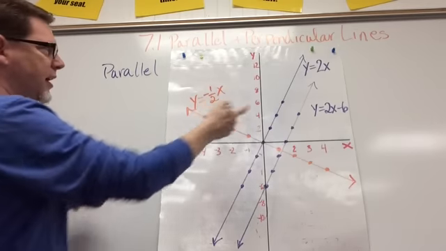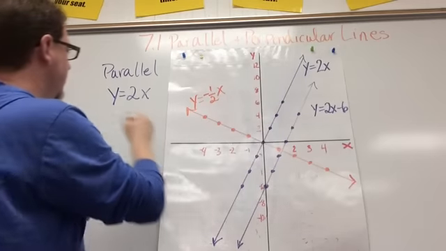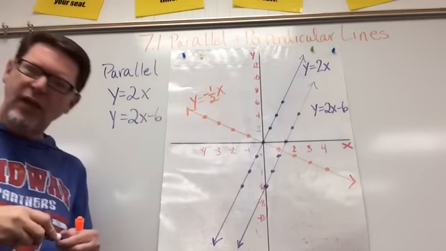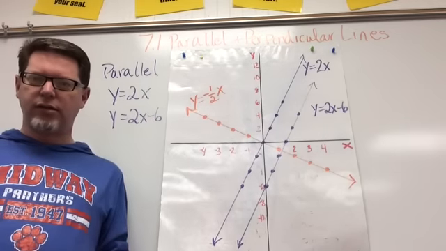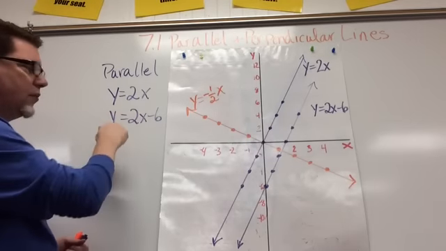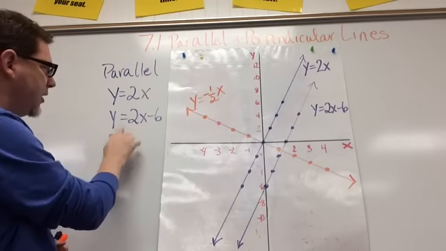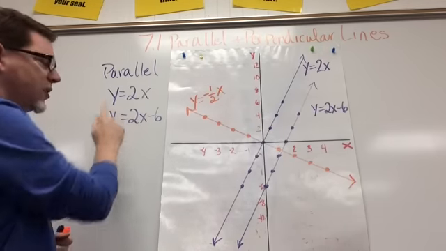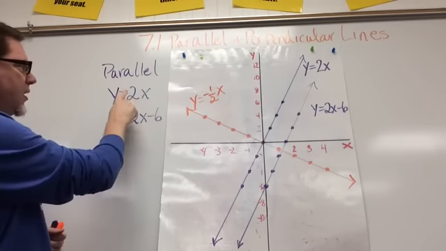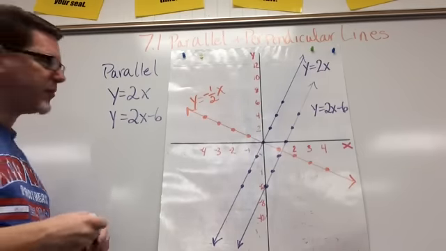In parallel lines, I have one equation is y equals 2x. And the other equation is y equals 2x minus 6. Well, what do you know about both of those equations? Give you a second to look at it. You probably came up with this, but you notice that the slopes are the same because I have the equations written in slope-intercept form, y equals mx and y equals mx plus b, and both of them have the same slope. So something that you need to know about parallel lines